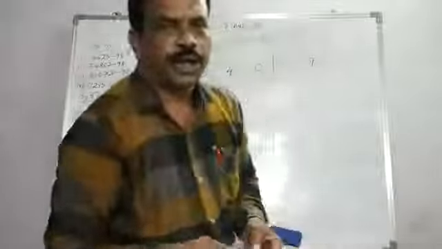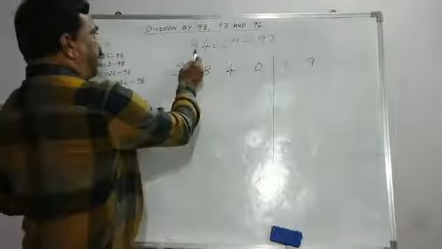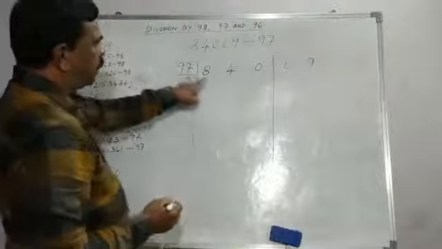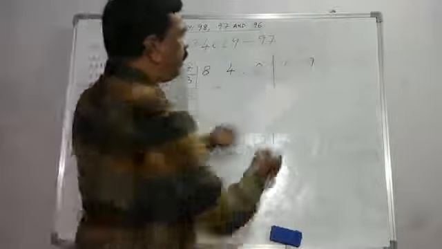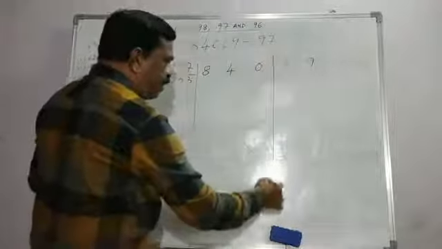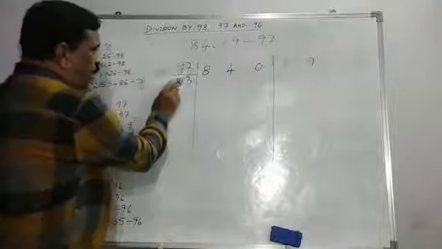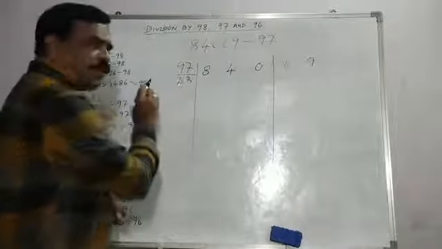So let us see one more example. 84069 divided by 97. Here 84069, and the last 2 digits are separated for the remainder part. Here I have written 97, and under 97, 03 is our multiplier.